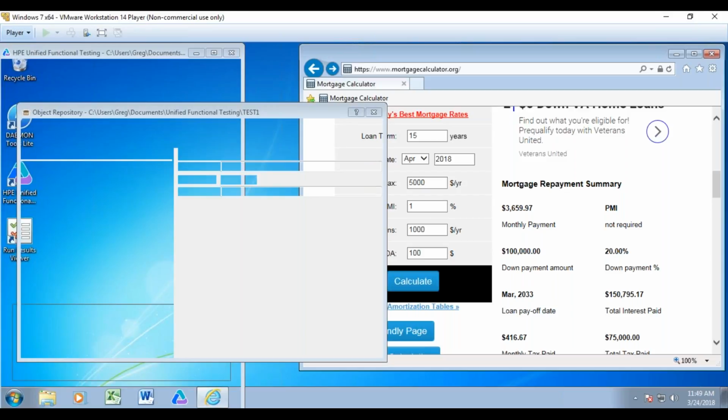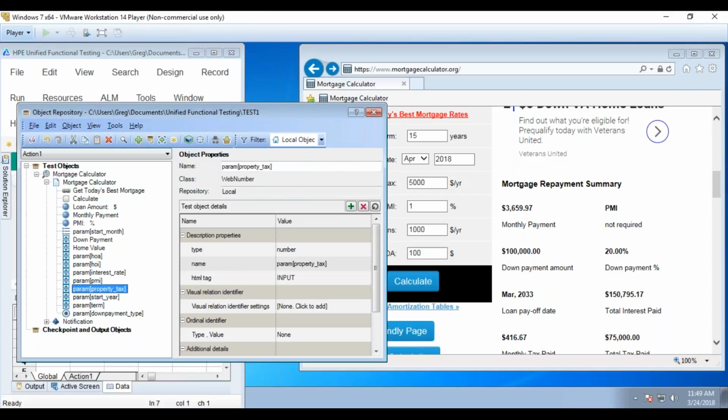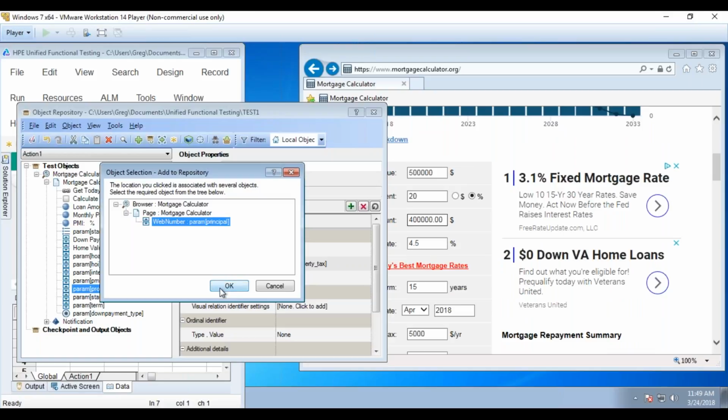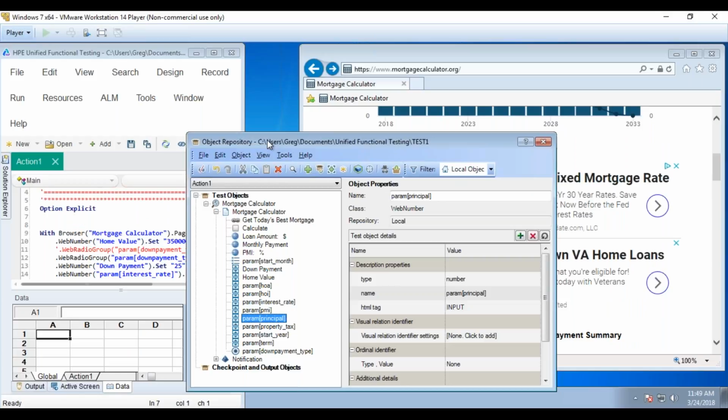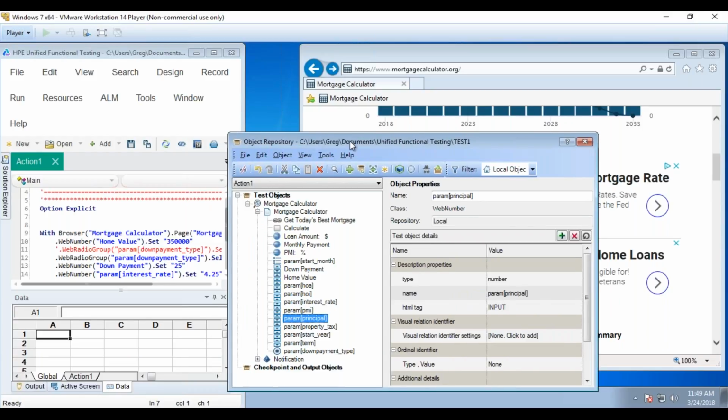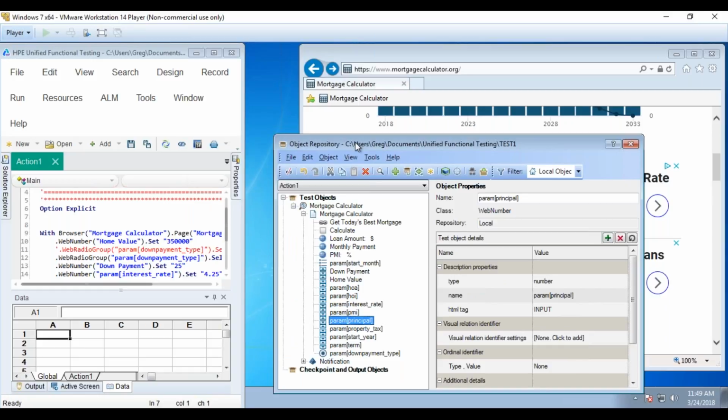Loan amount. So I click on here, loan amount, principal. And here, okay, there it is, the principal. Now that field's been added,